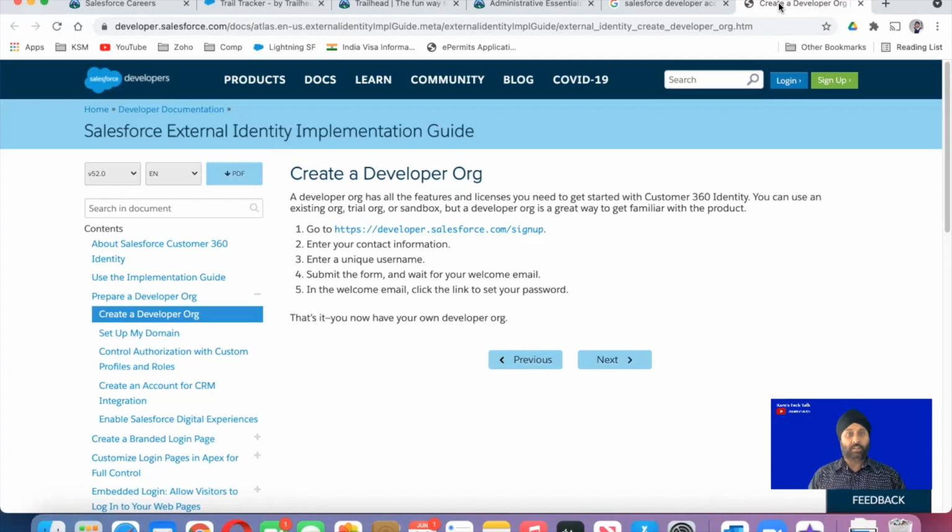Okay, so look, I did a Google search. I'm here. Create developer account. Developer org has all the features and licenses you need. You can use an existing org, trial, sandbox, or anything basically, right? Sandboxes are basically the test environments. But what Salesforce is giving you